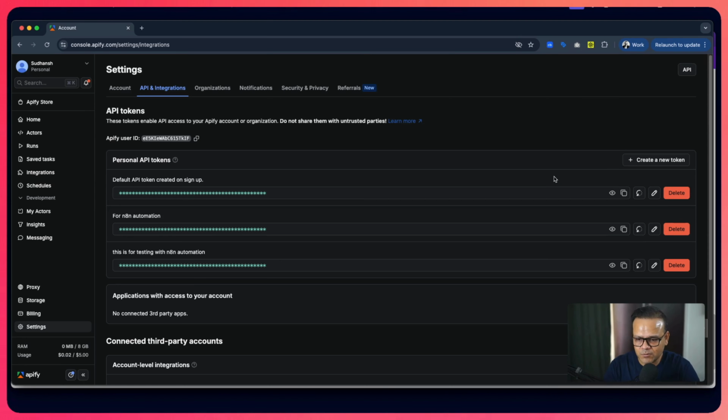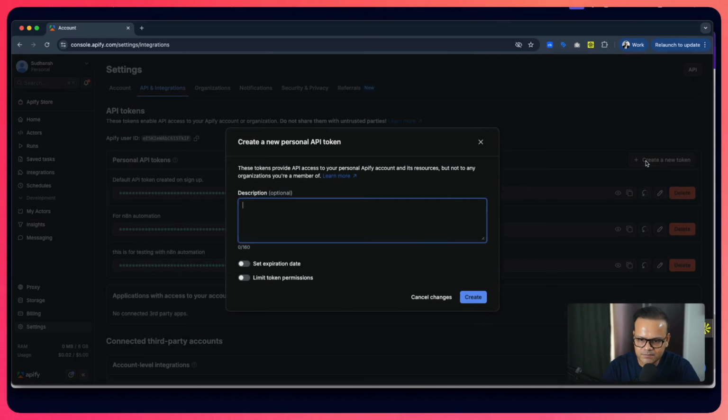So that was a problem only with OpenAI, where you have to keep your keys safe, because once you close the window, you cannot see it again. So just like with Perplexity and OpenAI, you click on create a new token. Here they call it token actually instead of keys. You put a description, like testing how to